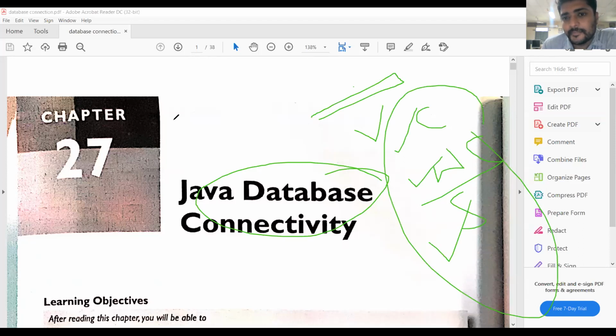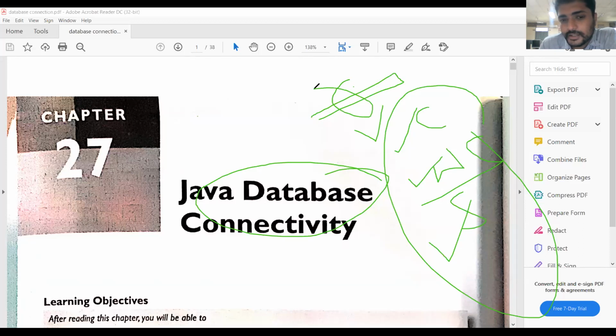And then we have seen the installation of the MySQL database software, and then the MySQL Connector/J. That means the JDBC driver. The MySQL JDBC driver is nothing but MySQL Connector/J.